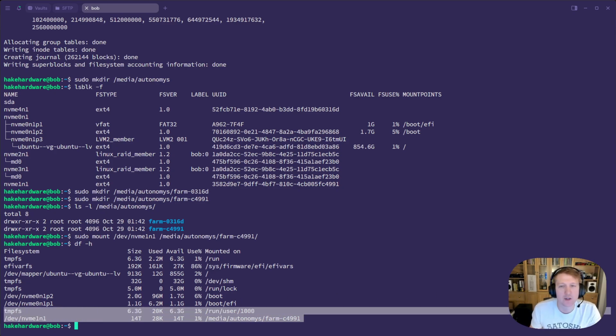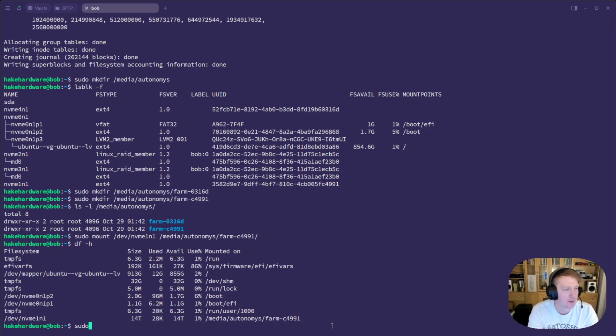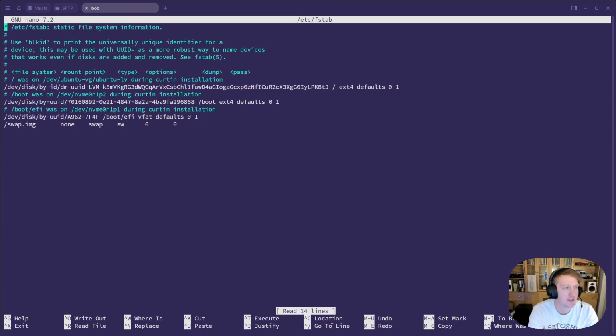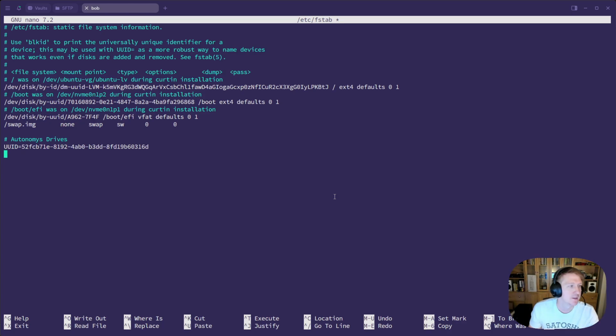But again, like I mentioned before, if we reboot our computer, it's not going to automatically mount. I'm going to have to run that sudo mount again, and it's tedious, right? You want these drives to be mounted automatically, so we can add it to the fstab file. So we'll do sudo nano /etc/fstab. And we're going to go all the way to the bottom here, autonomys drives, and then we're going to do UUID equals, and we're going to want to put the UUID of our drives. So let me just bring up my notepad here, paste in that,